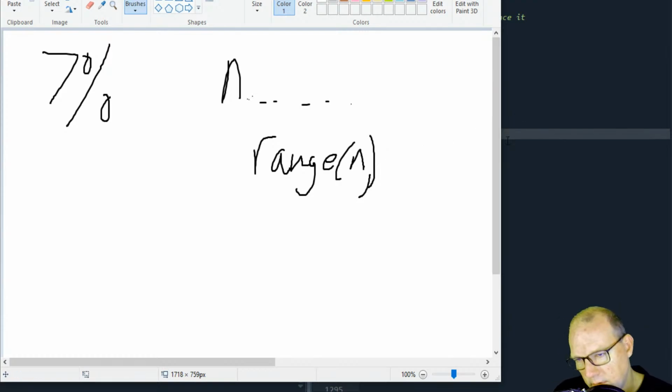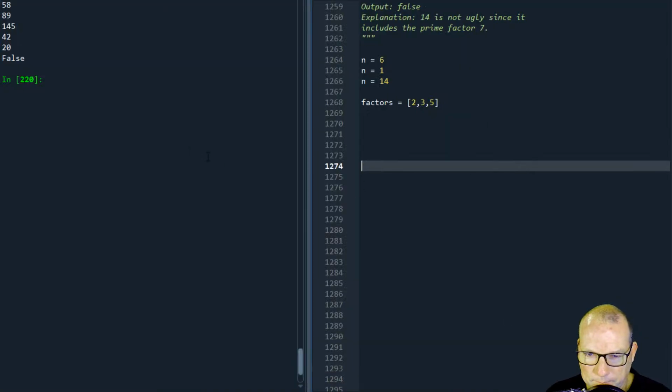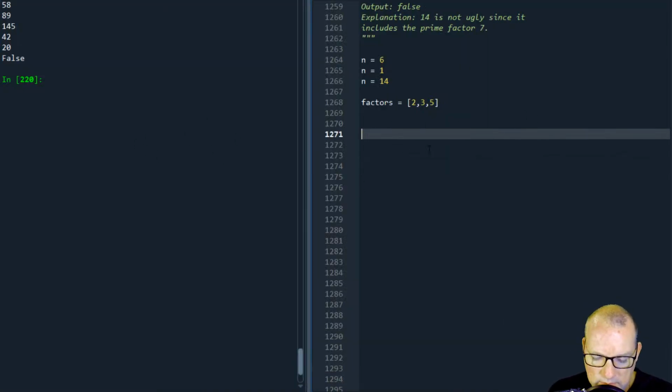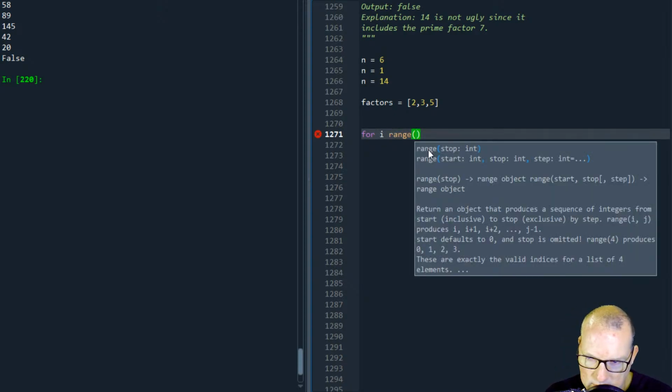1 to n. Do we want to start at 1? I've always gone back and forth on which one is more efficient. Starting, because I guess starting at a smaller number, you would be more likely. So let me get those thoughts out of my head. So for range in n,